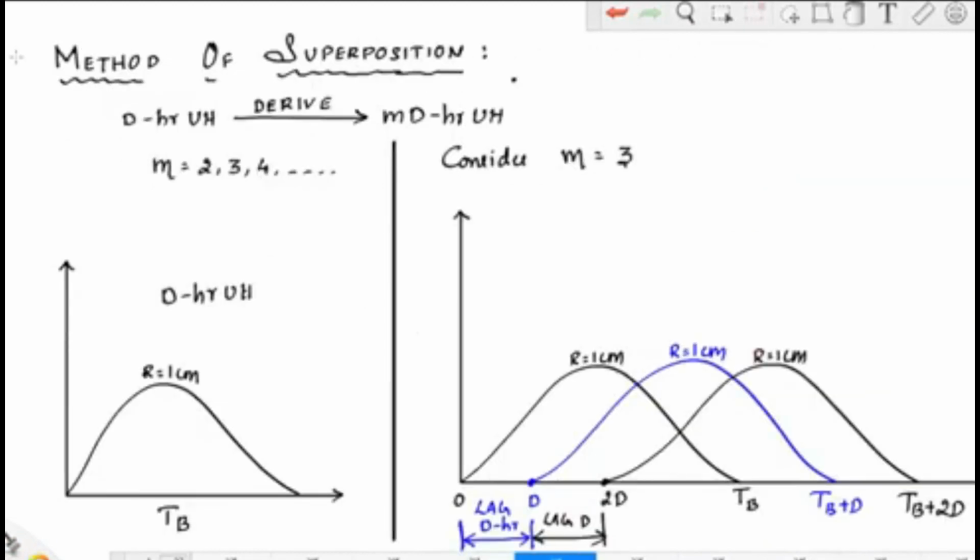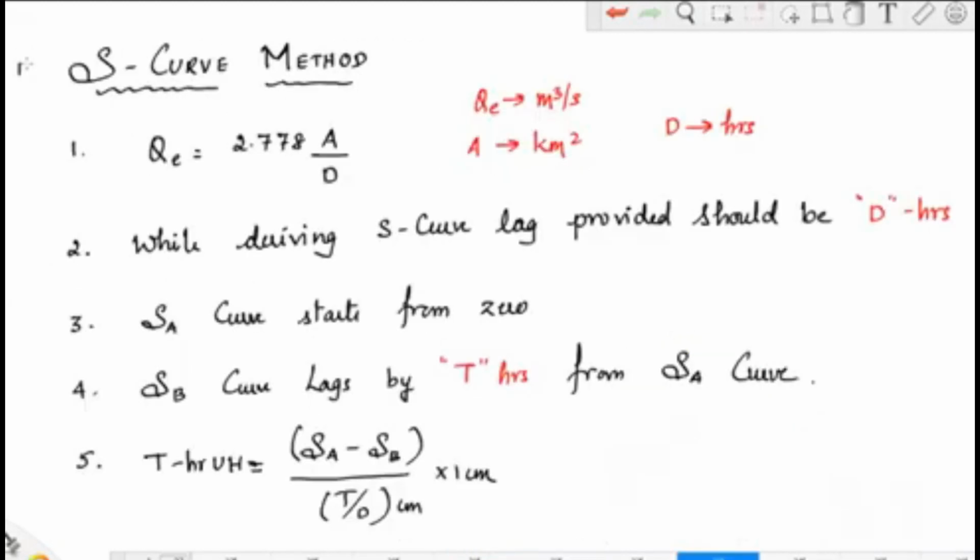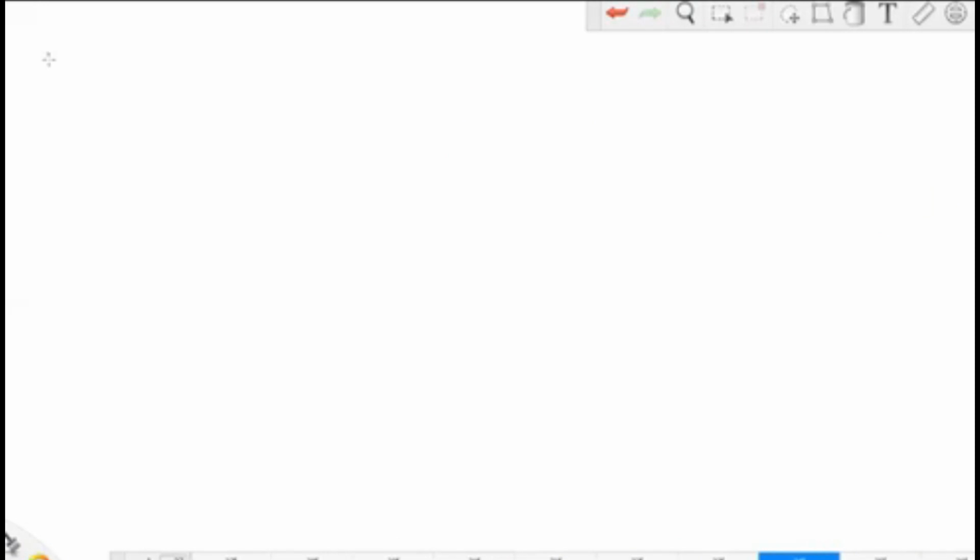So this is 16th point. This is 17th point. 18th point, what you have to remember is that